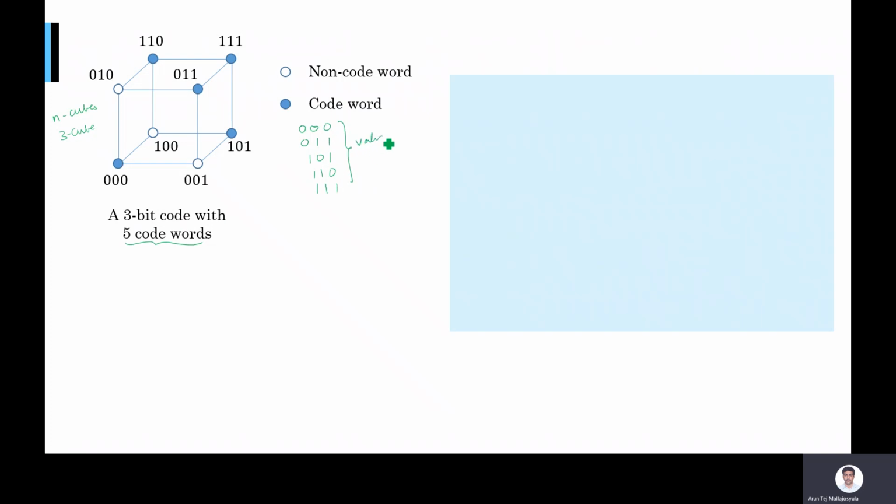And these are valid code words. There are other code words possible with 3 bits, which I am declaring as invalid code words. So these are 001, 010, and 100. These three are invalid.